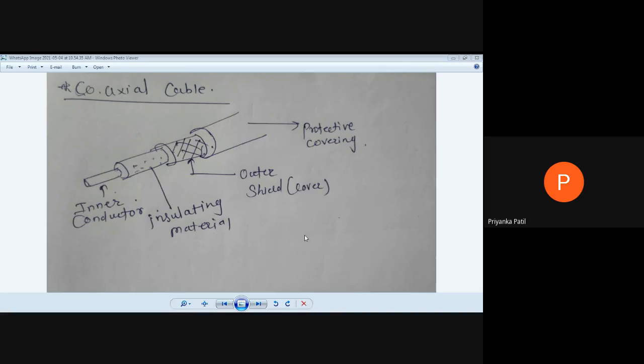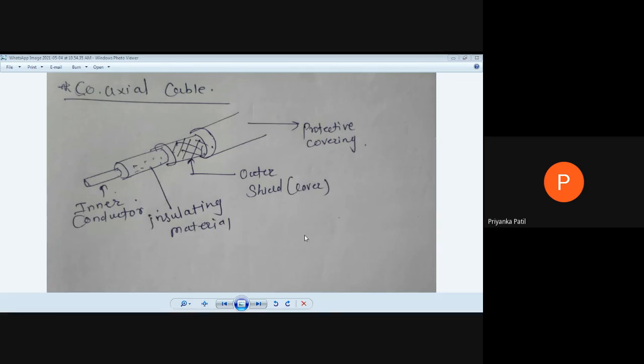The coaxial cable is very easy for installation and easy for repairing, because it has the protection shield. So the probability of failure is low and the lifespan of the cable is high. This is the advantage. Next, the cable is suitable for point to point and point to multipoint communication. This cable is used for large distances as compared to twisted pair cable, so basically it is used for telecommunication.